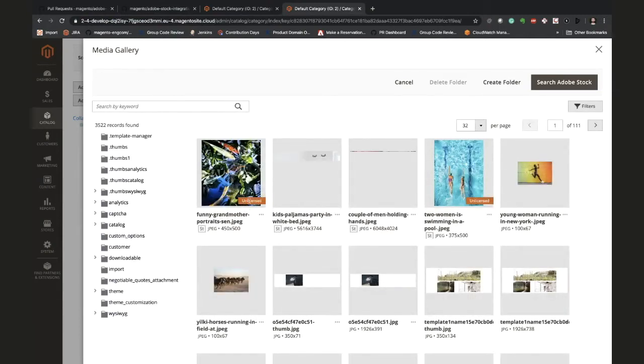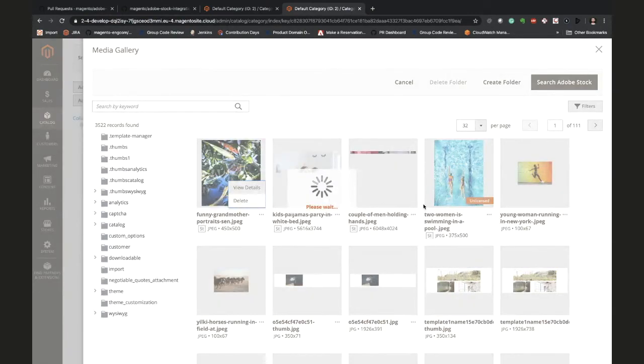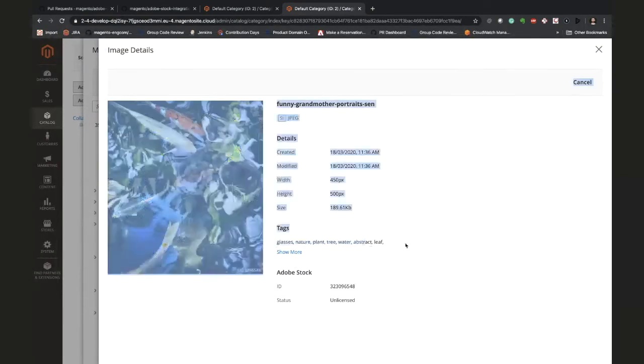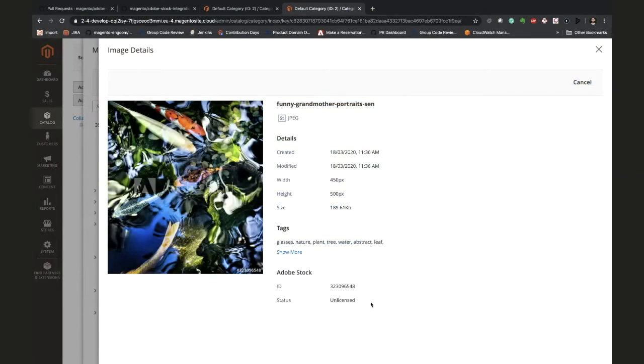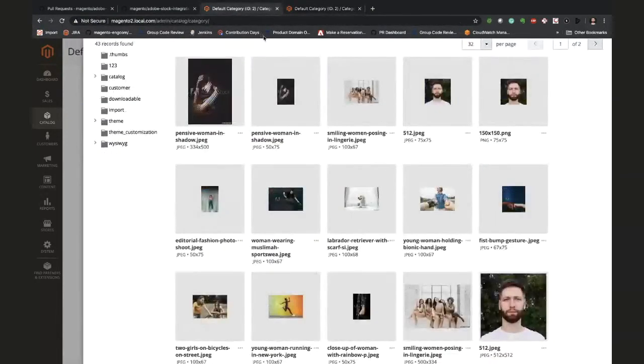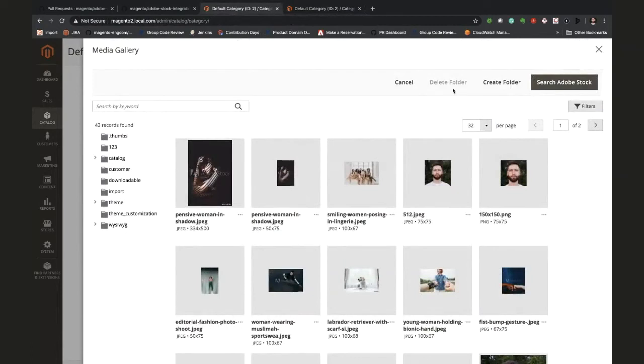Yeah, for example, this one is an unlicensed image from Adobe Stock, as we can see. And here are the details. So the tags are here, the Adobe Stock ID and status as well, and the source icon. Also, we had some improvements